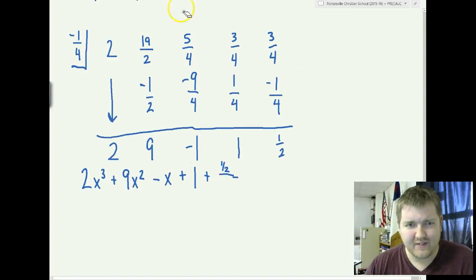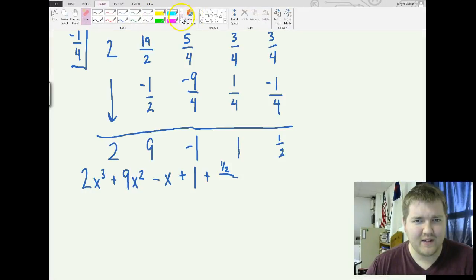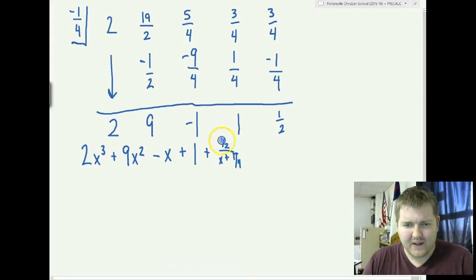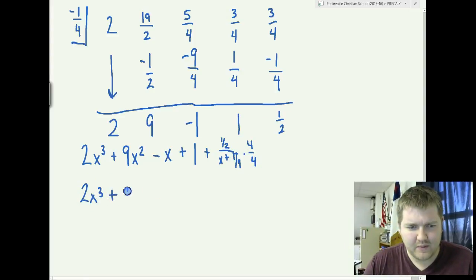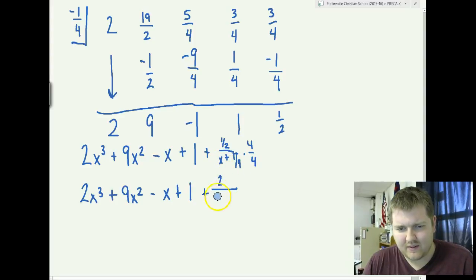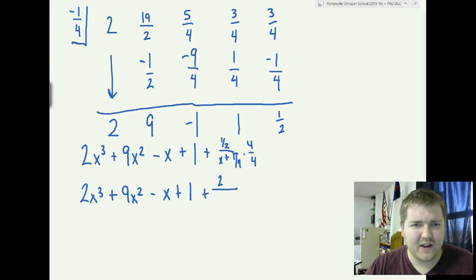Remember, we use the synthetic division to divide by x plus 1/4, not the original function. So x plus 1/4 goes here. That's a lot of fractions to deal with, so why don't we multiply the top and bottom by 4, and then we end up with a final answer of 2x cubed plus 9x squared minus x plus 1 plus 1/2 times 4 is 2, and we get 2x. I'm sorry, that's actually 4x on the bottom. We should get 4x plus 1 in our denominator,